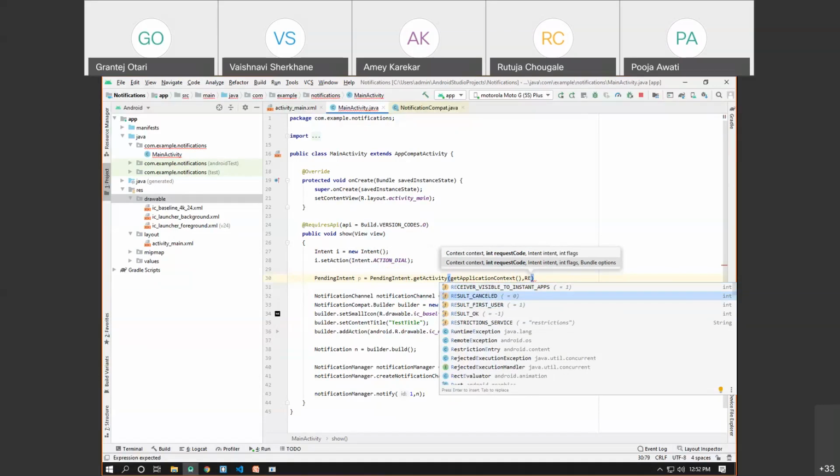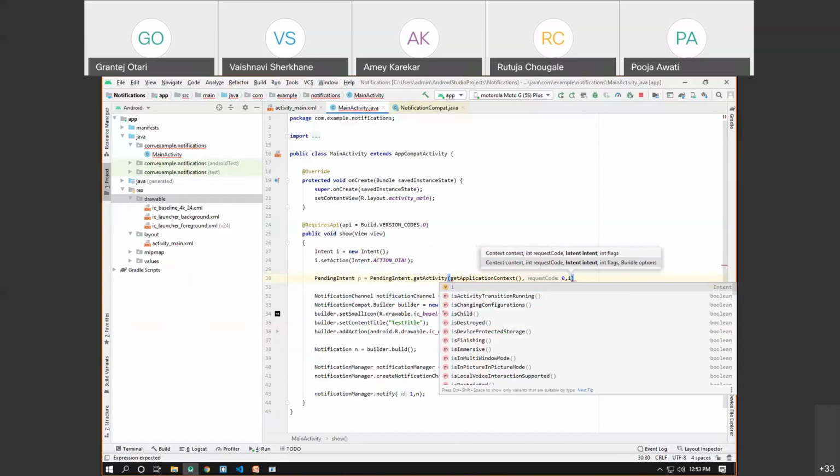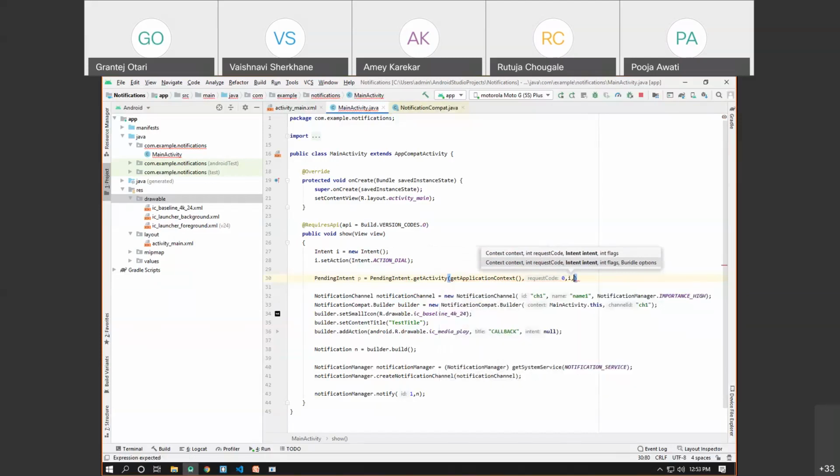So by default we want to call by cancelling the current activity. So I can say the request code will be passed as 0, and the intent object I have created with the name i, that should be passed here as i, and the next is the flags. So I'll be passing the flags as 0.